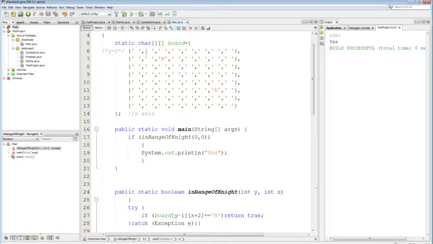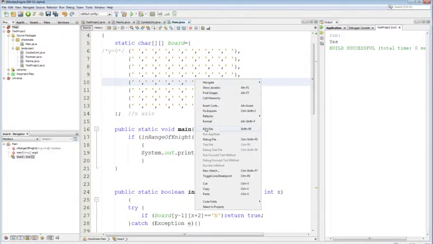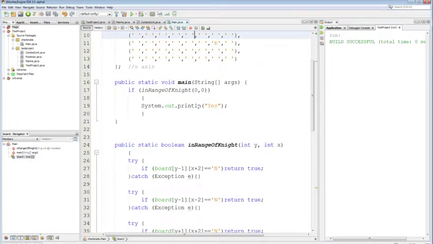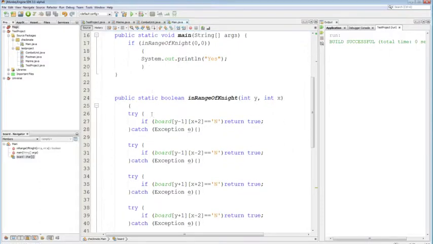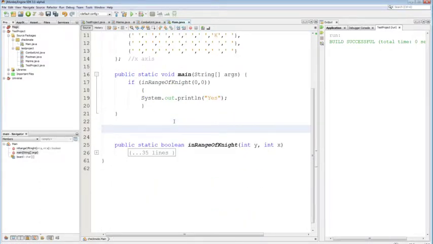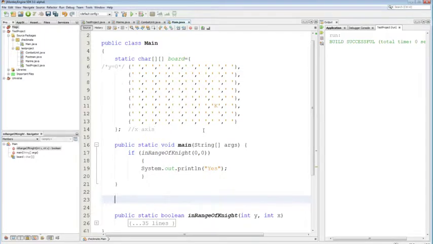Alright, so we're checking if 0-0 works, and we did not get any bounds exceptions. In fact, let's make it go through all 8 by not having a knight up there. Okay, it looks like everything's good. This method seems to work. So now we're going to collapse this method since we don't need it anymore. We're not going to edit it. Now I could do this for every single unit, but I'll just do